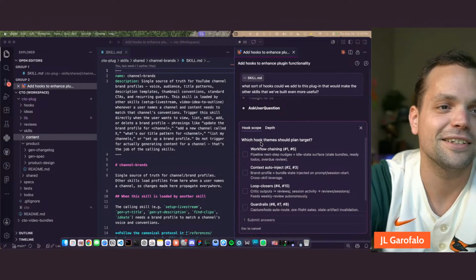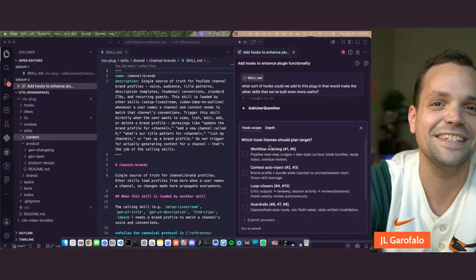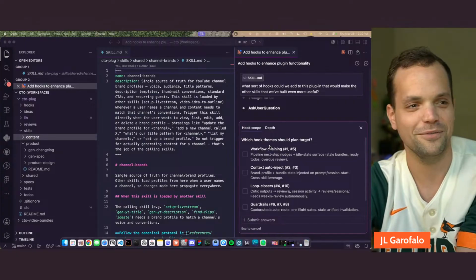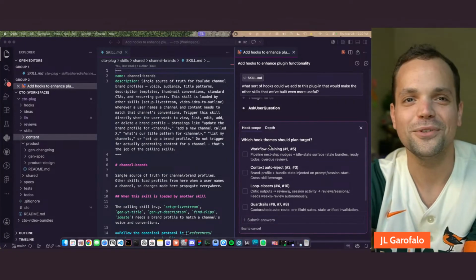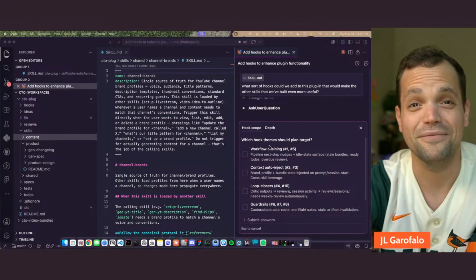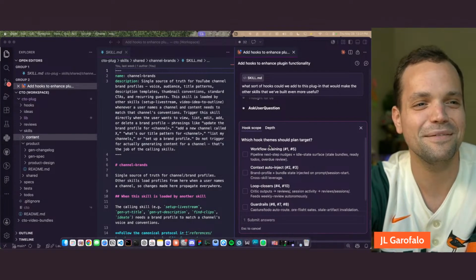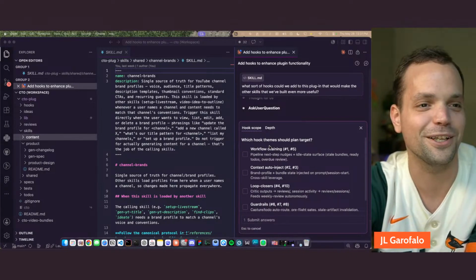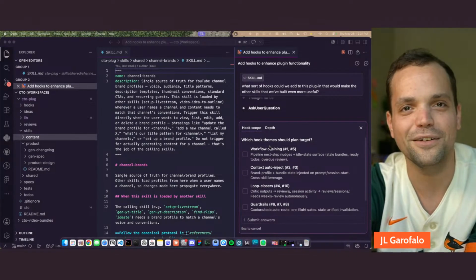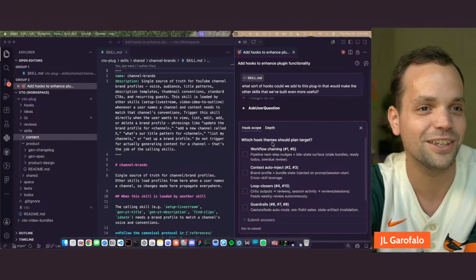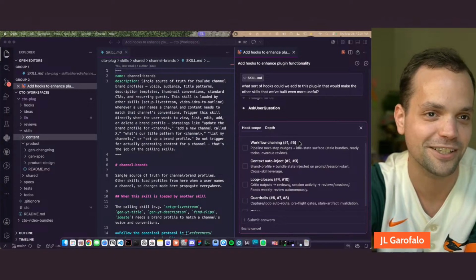All right, so it asks which hook themes should plan target. Dude, I have that caveman plugin, Claude Caveman, whatever it's called, but it doesn't always use it. It does it like 40% of the time, maybe if that, and it doesn't seem like there's a rhyme or reason for when it decides to do it. All of a sudden Claude will go from his normal kind of verbose prose into just caveman speak and it cracks me up. It's not always clear when that transition happens.